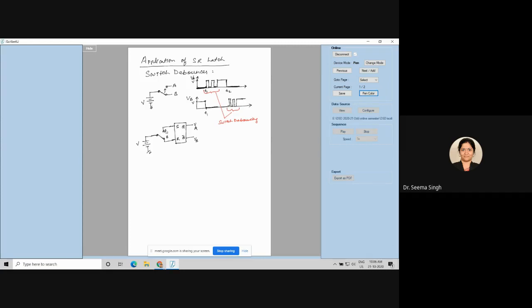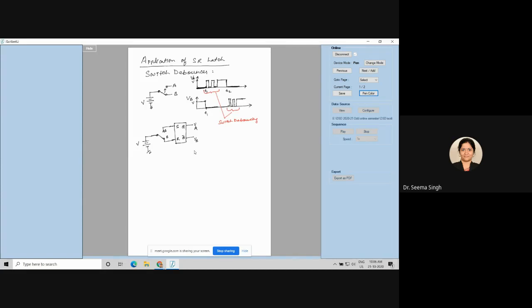It was neither connected to A nor connected to B, and at this moment where you can see my mouse, you can see that it was not connected either to A or to B. So both of them were 0, 0. Now what will happen in this case? When both A and B are 0, 0, it goes into which state?